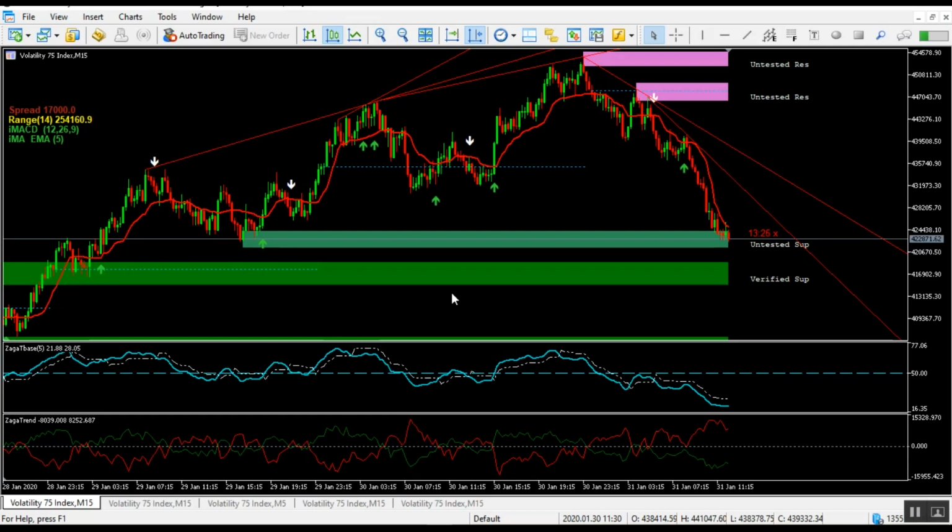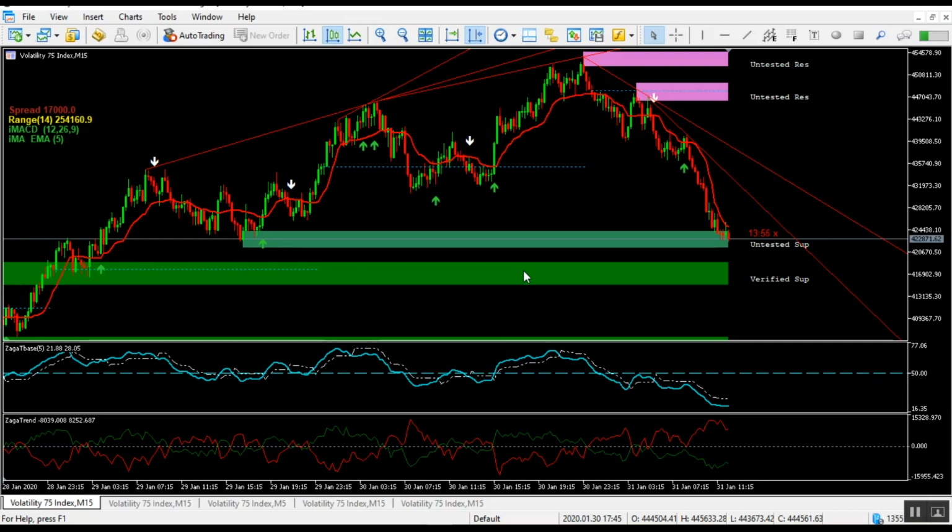I've already assumed you know how to trade volatility. I've already assumed you know what price action is all about, how to dictate your support and resistance, how to use your trend lines, and how to do so many things on financial markets. Now, this indicator is the first one I showed you on my highlight, and it contains a few things on the system. This is what you can use to trade volatility markets: V75, V100, V50, HF volatility,